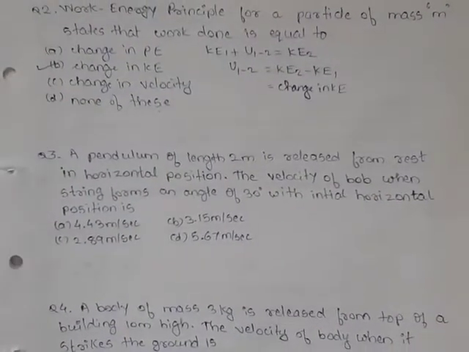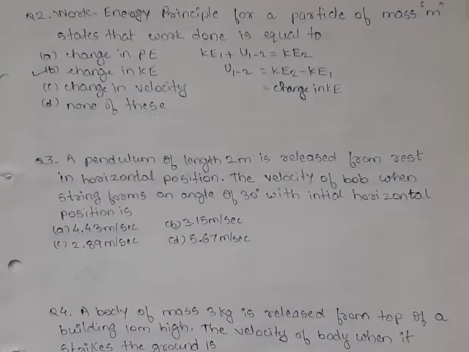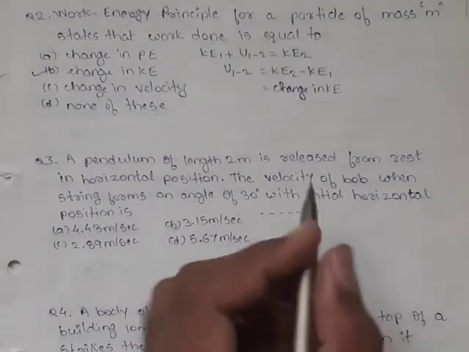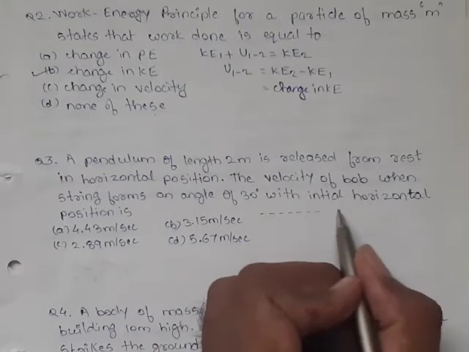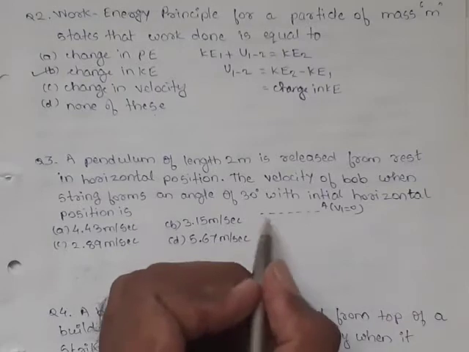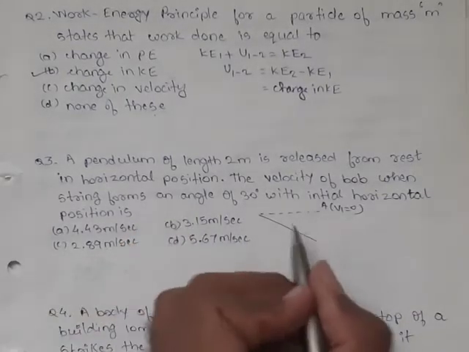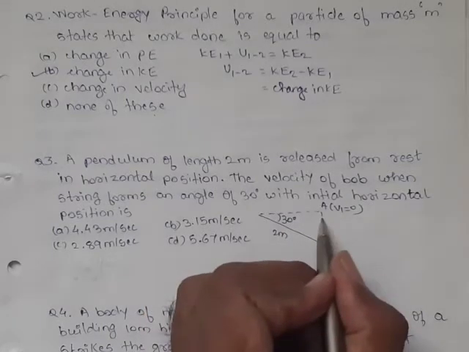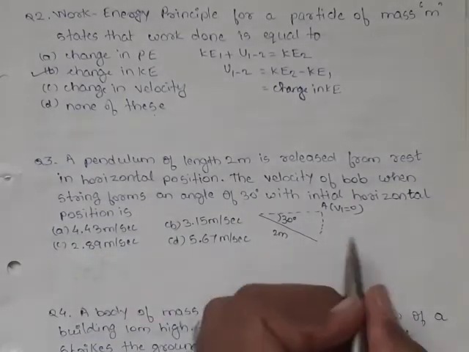Question 3: a pendulum of length 2 meter is released from rest in horizontal position. The velocity of the bob when the string forms an angle of 30 degrees with the initial horizontal position is. Initially the pendulum was kept horizontal, so at point A we can say V1 was equal to 0. Now the string of the pendulum makes an angle of 30 degrees. Its length is 2 meter, so it has traversed a curved path. So at point B